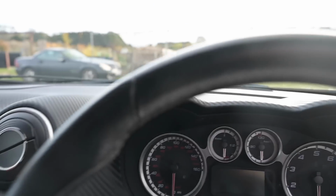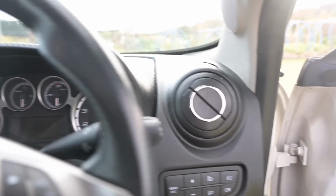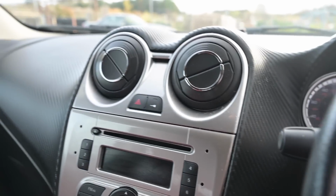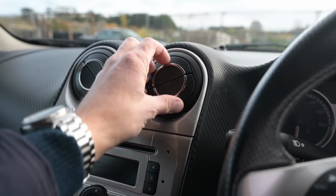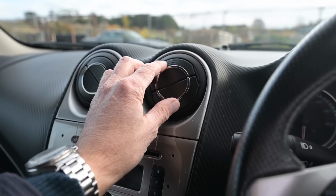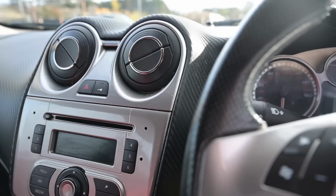That's the Italian way. But as we glance around, there are lots of beautiful little details that really separate this out from things like the Corsa and the Punto, but they don't have these fantastic traditional style eyeball vents, which are now embossed with a nice shiny chrome ring, which looks a little bit swank. Back into the centre,